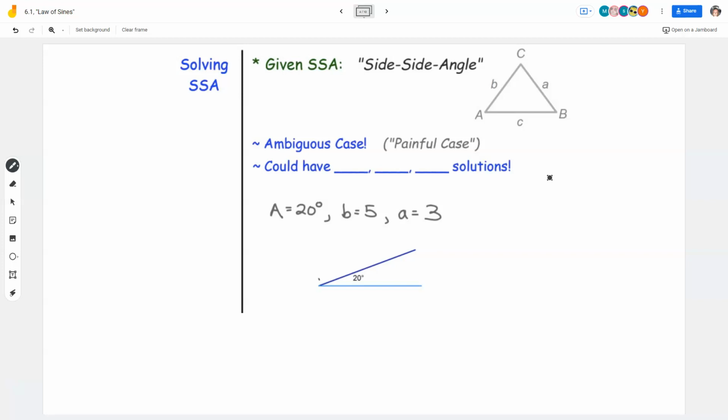You ready? This is the tricky one. Like, we're there. We're to the tricky one. We're on slide 4 and we're almost done with notes. This is the trickiest part of homework. You guys ready? Okay. Ambiguous case. What have I put in parentheses? Painful case. Why have I put in parentheses? Painful case. You guys okay if I do a quick little